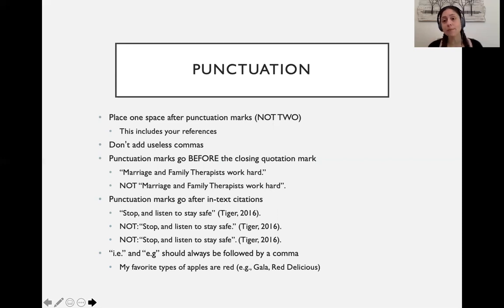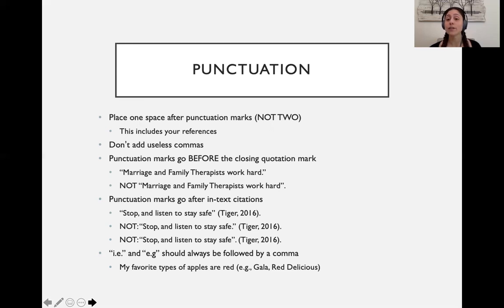Don't add useless commas. I remember my dad would say that he'd put a comma wherever it looks good. Don't do that. Commas are to be placed where there needs to be spacing or a break between sentences. So it's helpful to read your sentence aloud and see where those commas should fit. Now, I'm not a writing teacher, so I'm sure there are specific rules for this. Refer to writing people. Just know, don't just stick commas in there where they look good, okay?